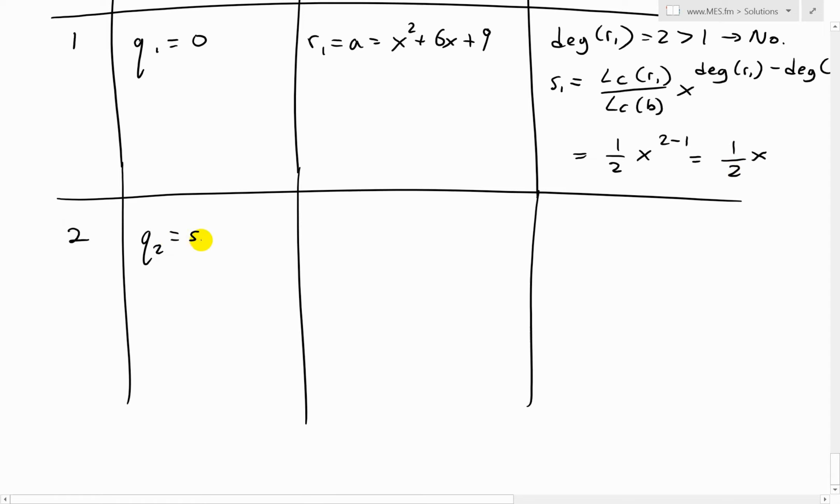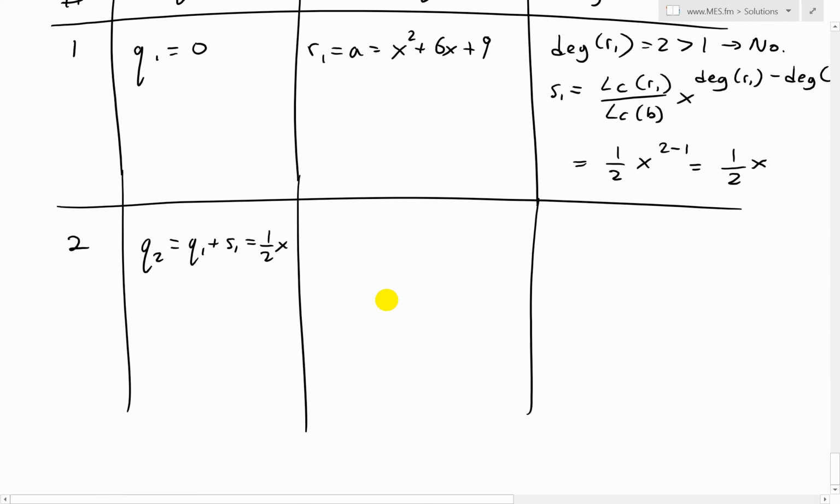This equals just S1, which equals 1/2 x, like that. Or I'll write the Q1 plus S1 just for completeness, and this is 0, this is just going to be 1/2 of x, like that. And then we subtract it. So now we have R2